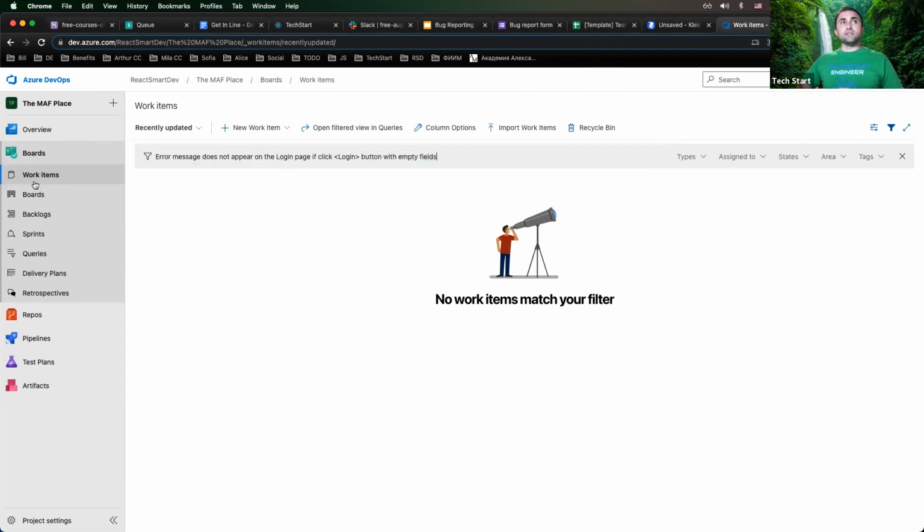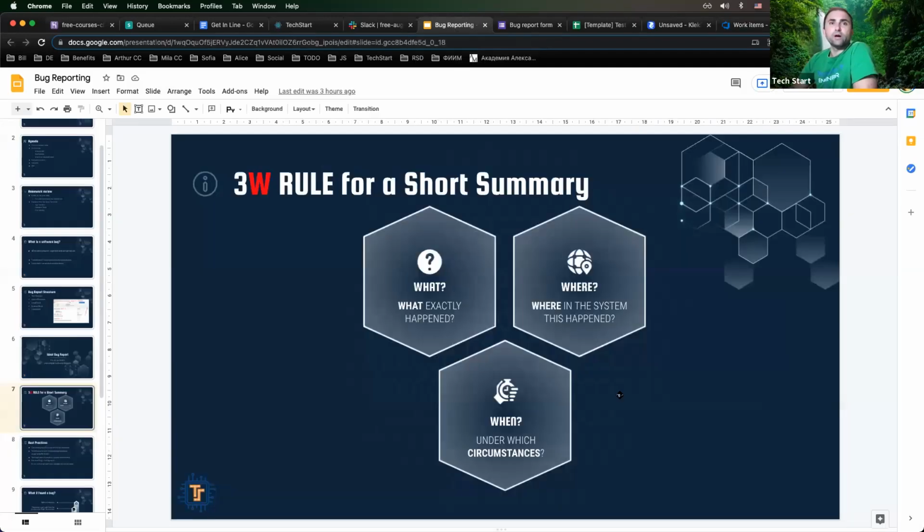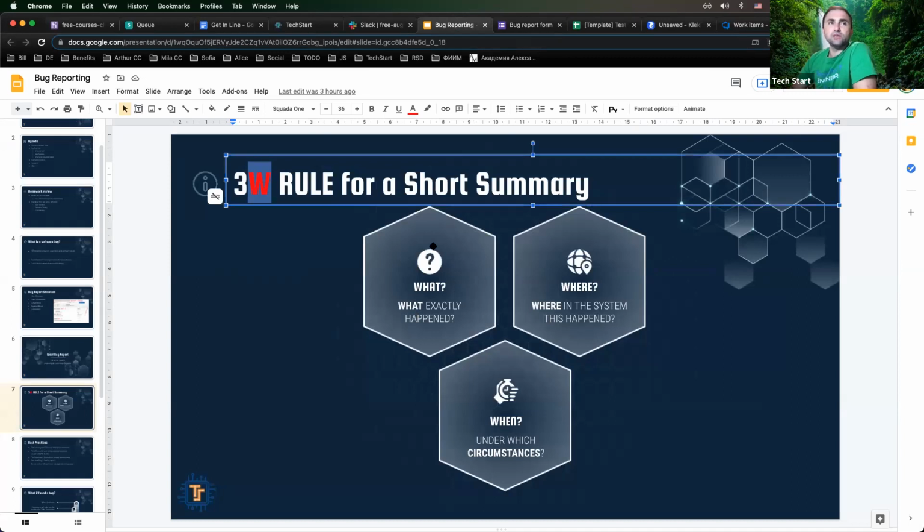That's it. Is it clear enough what happens just from reading the title over here? Yes. Or do you need to go and check the test steps to reproduce and actual and expected? No, I don't. What, where, when. So we know what happened, where it happened, and when. Those 3W rule, if you use that for a short summary, it's very important to use it because sometimes actually,